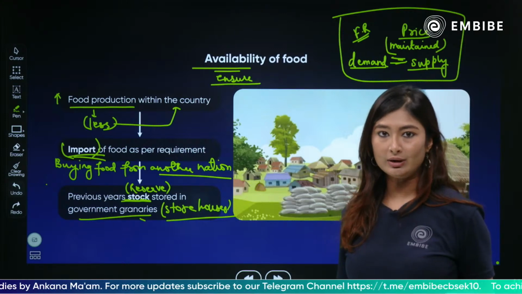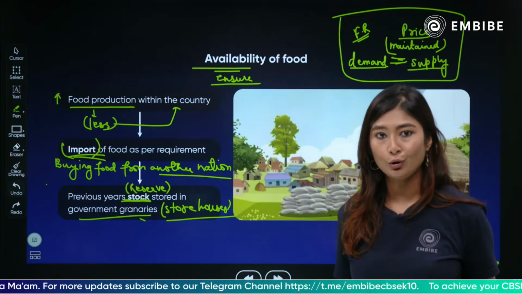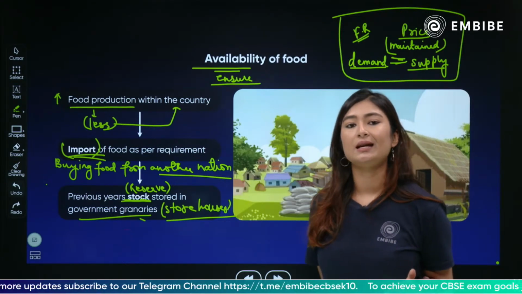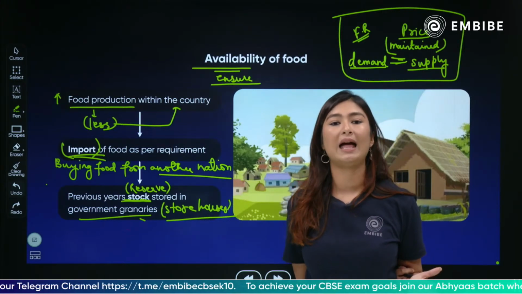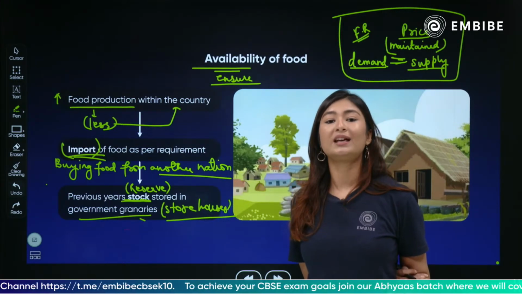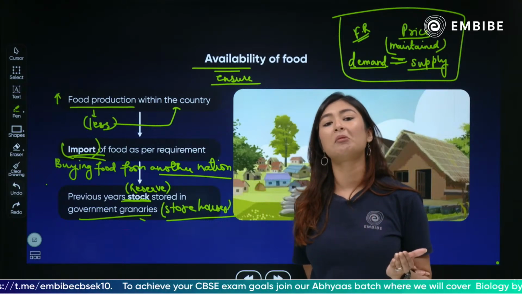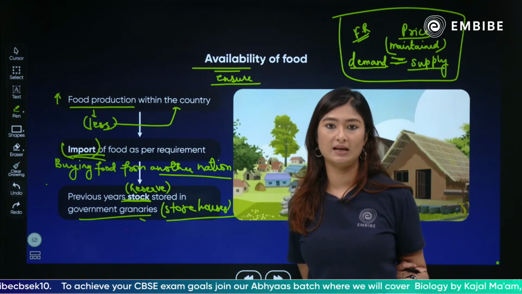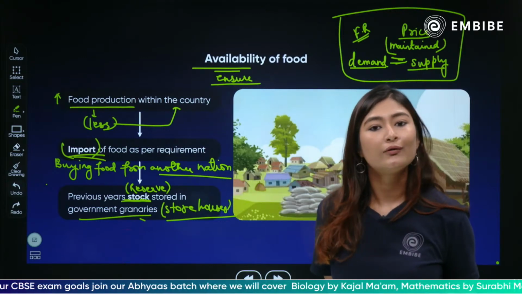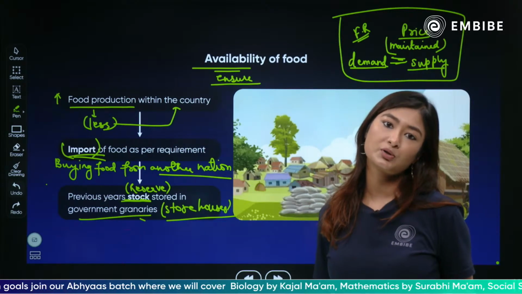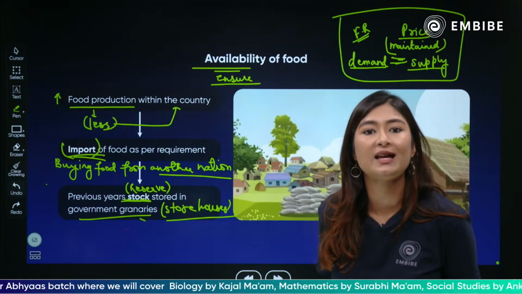In next year, you'll read a chapter called Making of a Global World. There you will see that Britain, there was a point where they stopped actually producing any food because it was cheaper for them to buy from another country than to produce it themselves. So it depends what you are importing, where you are importing from. There can be cheaper, affordable options also. It may not always be expensive.